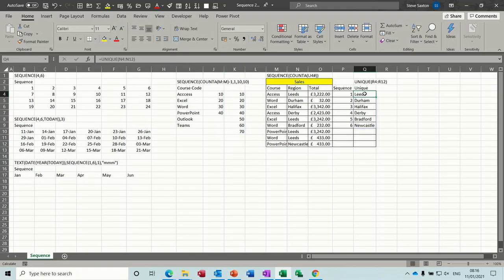And then on this side I've got a unique function that's looking down for unique cities in this list, and then the sequence. So every time I have a new city in this list, I want the sequence to pick it up. So if I click into sequence, there's the formula there. It's using the COUNTA function again. It's got this little hash, which means spill it down,